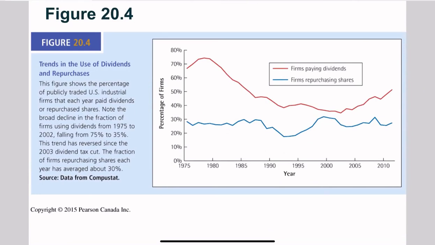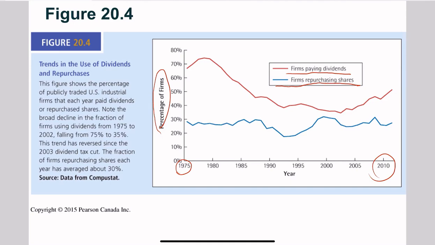So this one is from 1975 to 2010, and it's for US firms. The vertical axis gives you the percentage of firms who are paying dividends and doing share repurchase. So you can see that the red curve gives you firms paying dividends, and the blue curve gives you firms repurchasing shares. What you can see here is,